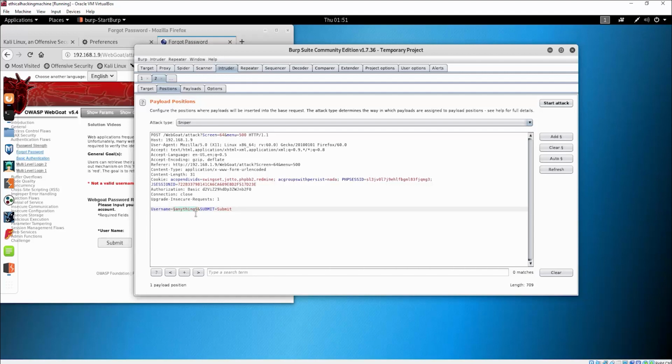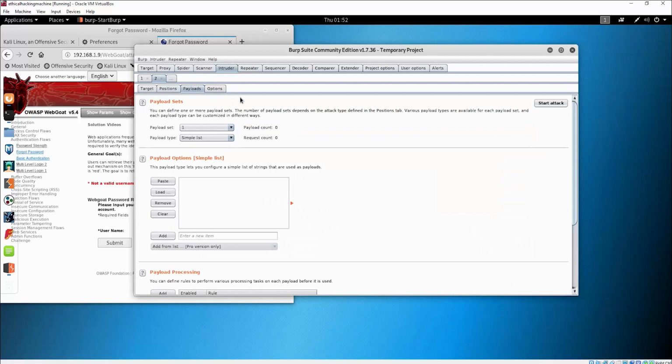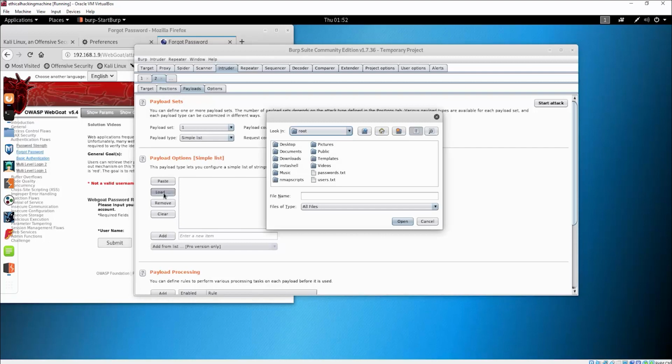sniper attack type option, you want to go onto the payloads. Now the payload sets for now you want to leave unchanged, and in the payload options, the simple list, you want to click on load in order for us to load the list. And what we want to do right here is find the list that already comes pre-installed in the Kali Linux. So just go where I go, so go to this / directory and go to the user,